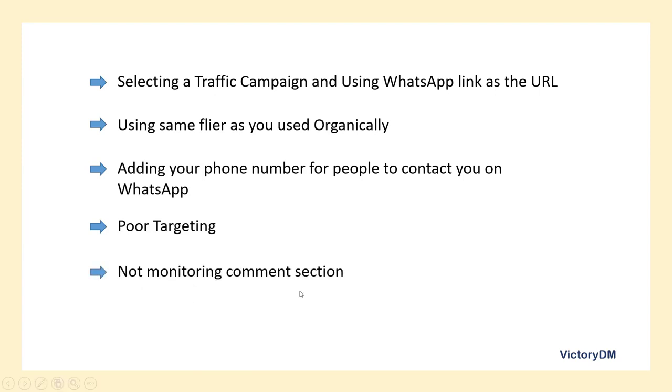Not monitoring the comment section, right? Whenever you run ads, there is a comment section where people can drop their views about what you are promoting. And there are so many persons who don't like your progress. They just want to tarnish your image. They don't even know you, but they don't like what you are doing. Or so many persons come to advertise their business on your ad. So always monitor the comment section, delete any stupid comment, and just leave the good ones there, right?